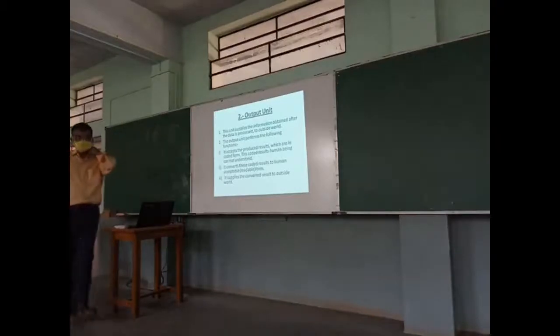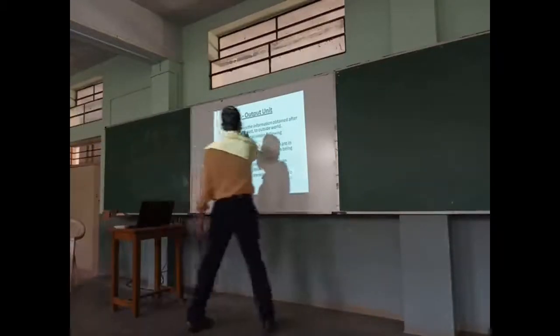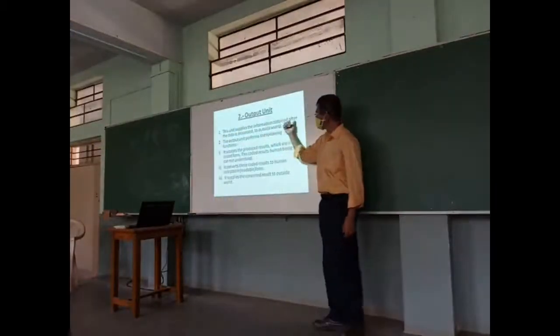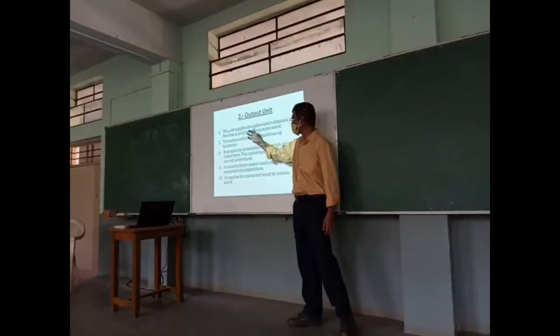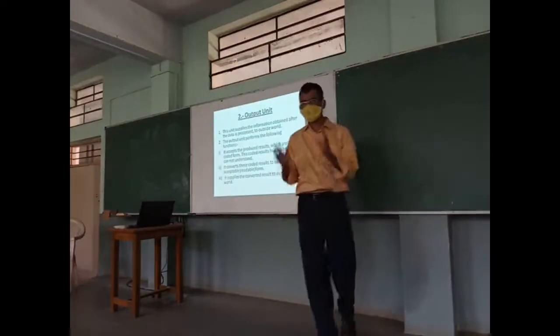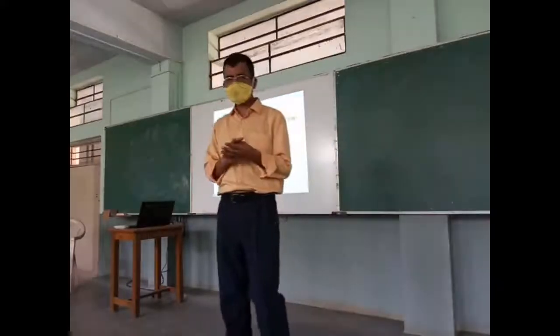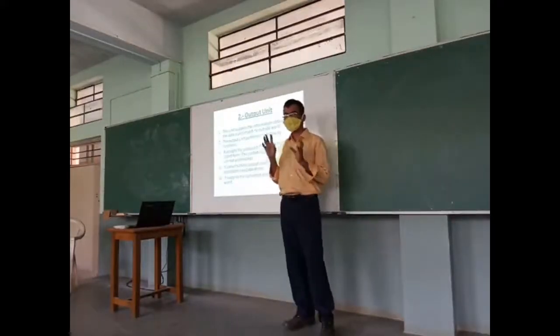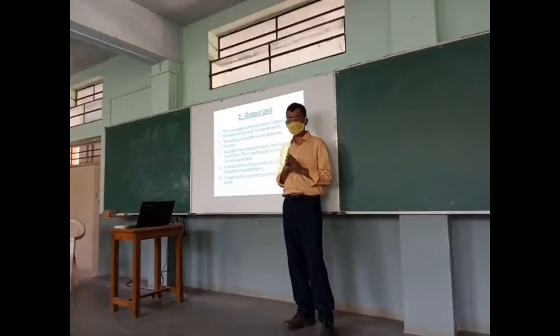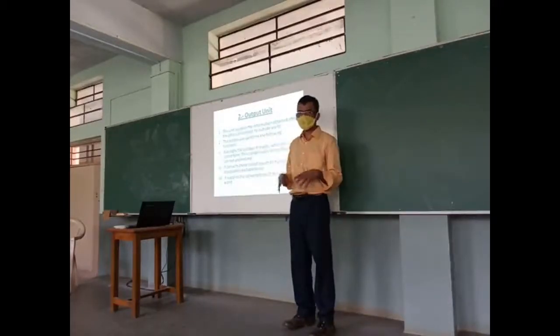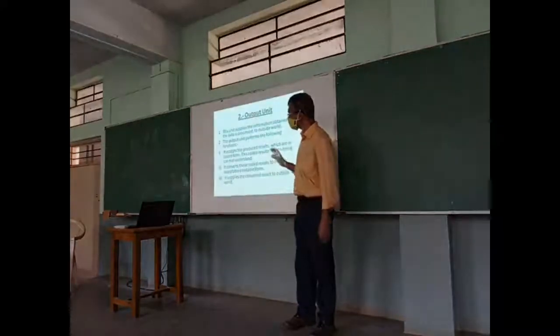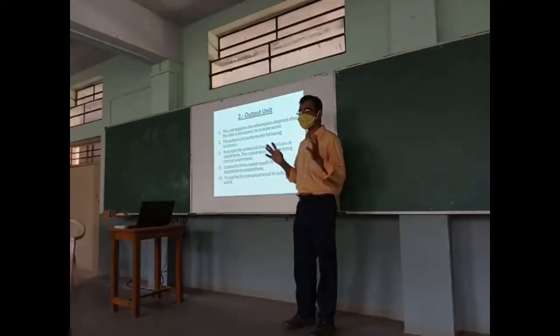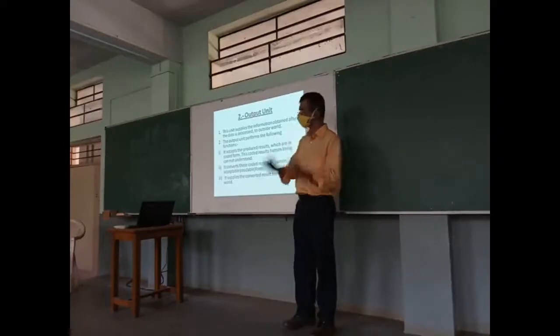Now the output unit. This unit supplies the information obtained after the data is processed to the outside world. There are many output units. Your digital signal is an output unit. All indicators are output units. A voice response system is an output unit. Whatever display you see on the ATM board is also an output unit. An output unit is a device which makes information available to the human being or external system.